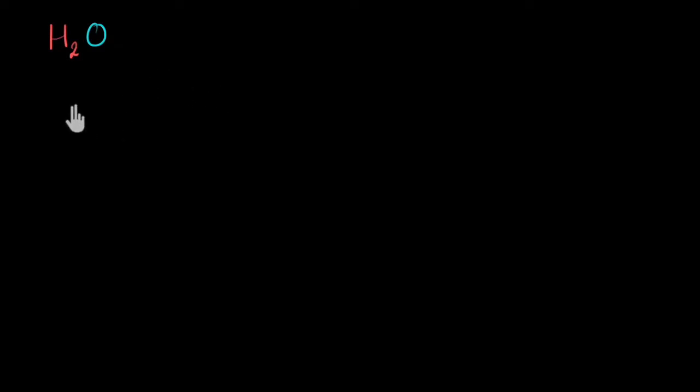So let's start with oxygen. Oxygen's atomic number is 8. That means in a neutral atom of oxygen, there are going to be 8 electrons going around it. And its electronic configuration will be 2, 6. Okay? That means there are 6 electrons in the outermost shell of oxygen. Let me try to draw it. So oxygen, 6 electrons around it. I'm going to represent the electrons with a cross. 1, 2, 3, 4, 5, 6.